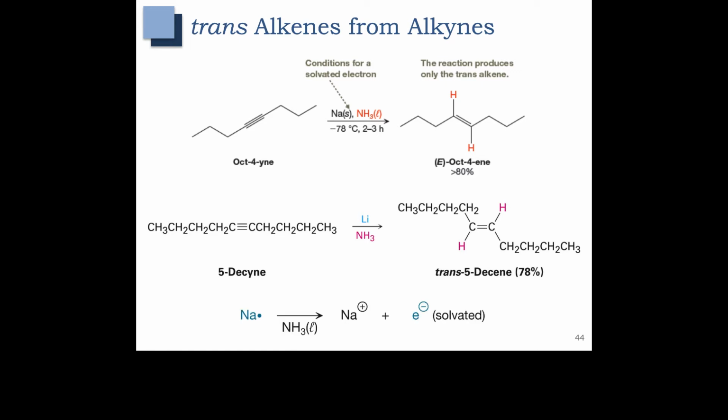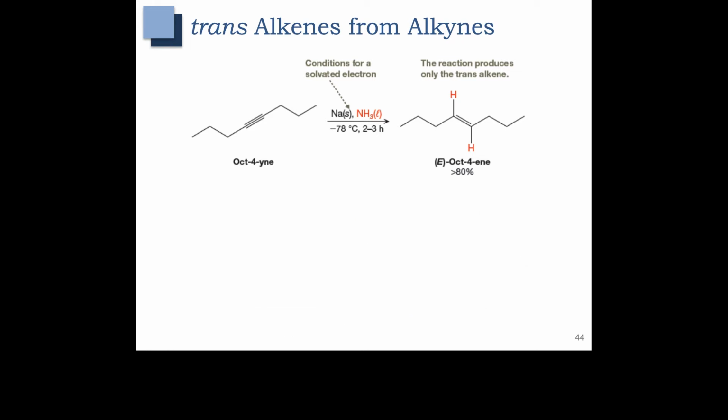And this shows us how sodium in liquid ammonia reacts to form sodium cation and a free electron. This is the radical species that is going to be critical to our reaction mechanism. Let's draw this out. Sodium metal gives you this free radical that can add to our alkyne. That alkyne then is going to split with one electron going to the right carbon and one electron going to the left carbon. What this does